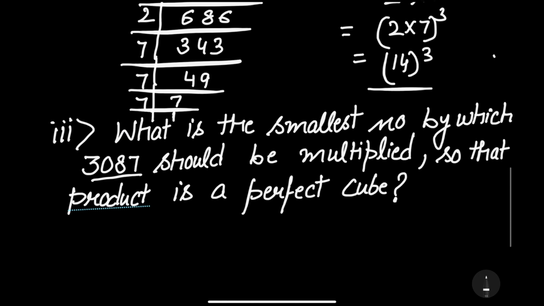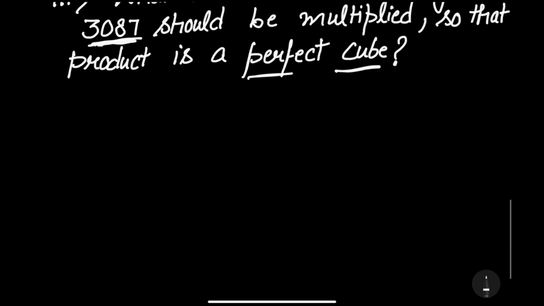Now next, what is the question which generally they ask from this cube topic? What is the smallest number by which we multiply this number 3087 so that the product is a perfect cube? The first step is the same. First we will find all the prime factors of the number